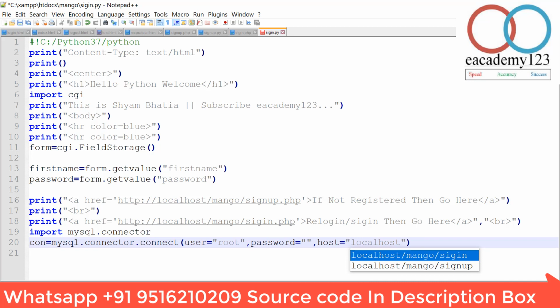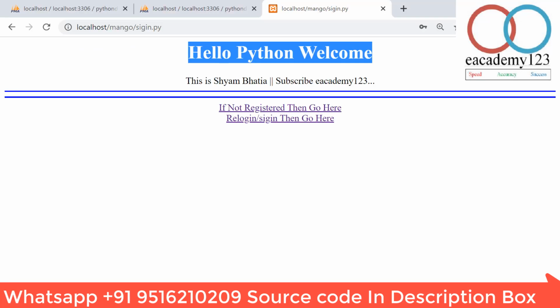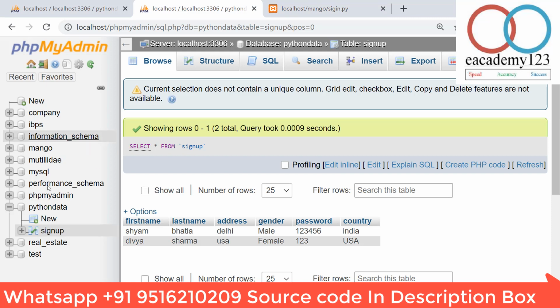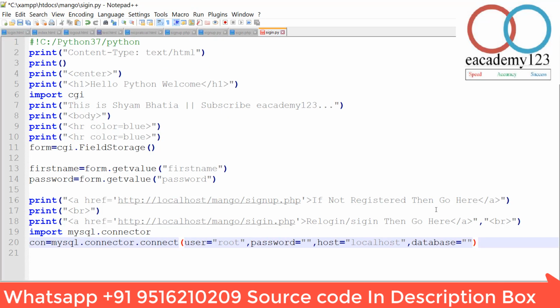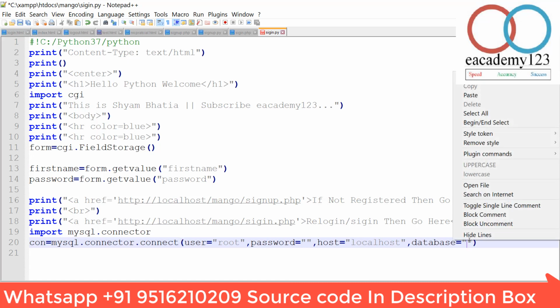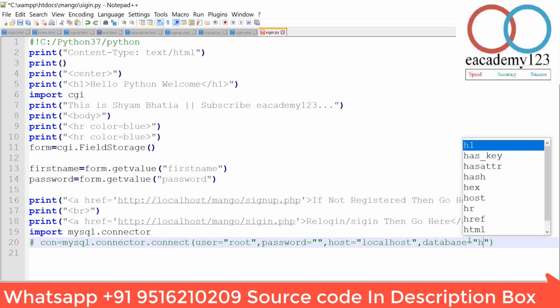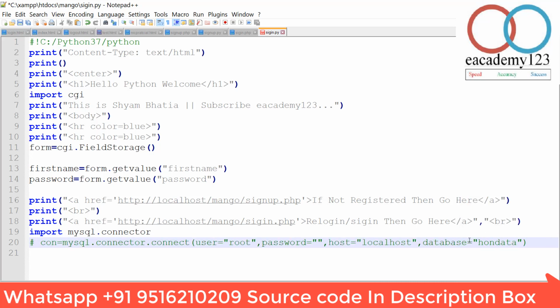Another most important thing is the database. What is my database name? Just go here, and it is my database, Python data. What does it mean? Python data. So let's start, I am making Python data. Okay, I made a mistake here.